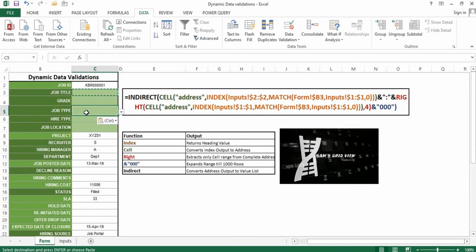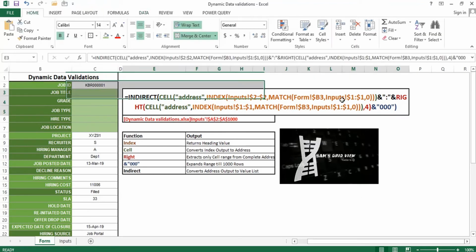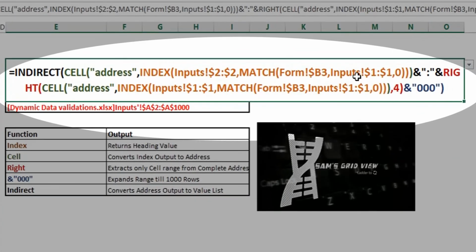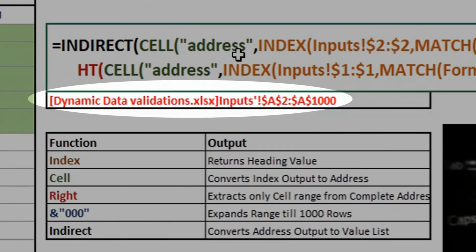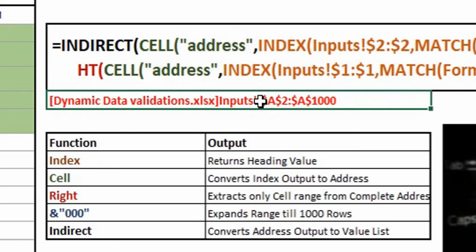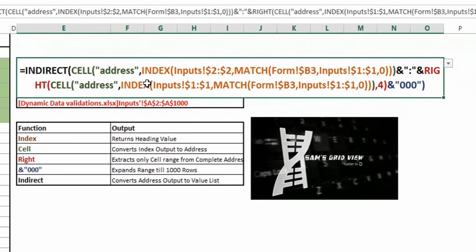Now I will explain clearly how this formula works. Before getting directly into this formula, I would like to inform you that this is an intermediate-level formula, which will be a little hard to understand for beginners. For them, I would advise learning what INDIRECT is, what INDEX MATCH is, and finally what CELL is. If you have some knowledge of this, understanding will be much easier. This will be your output from this particular formula. I just thought of having this in place before explaining the formula.